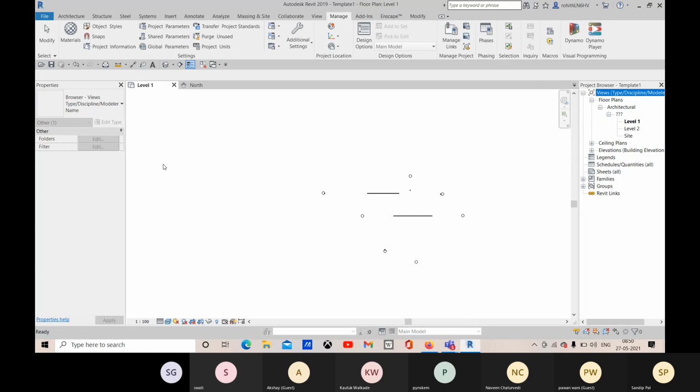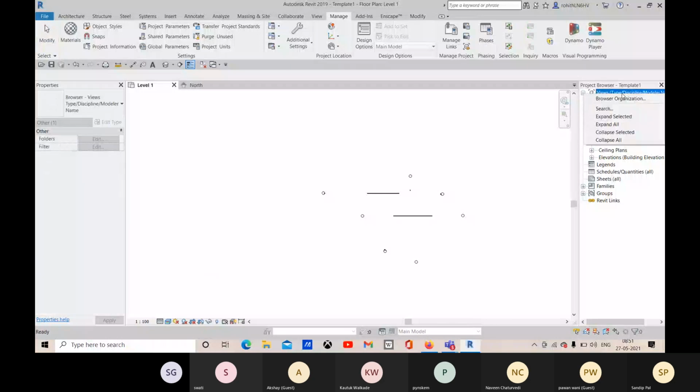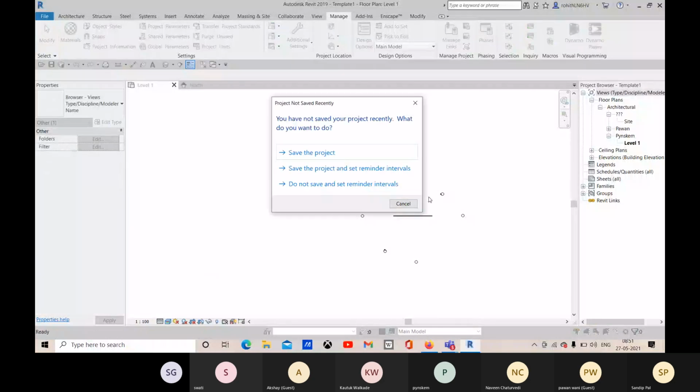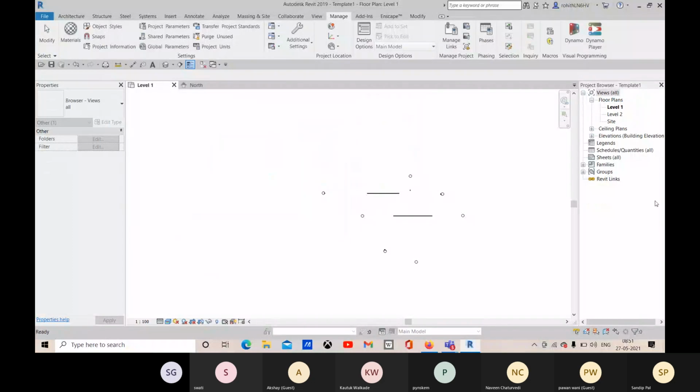All right, and then within all the views, you need to set a view template. So you already know what is called view template. Before that, let me go to the project browser. Let me choose all, click on OK, and that is set. All right.